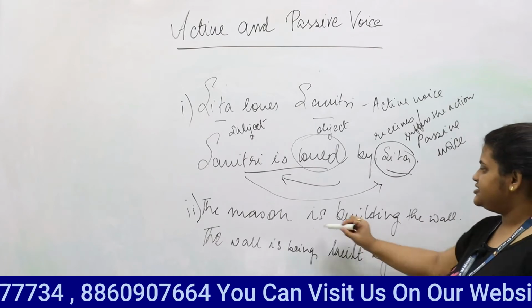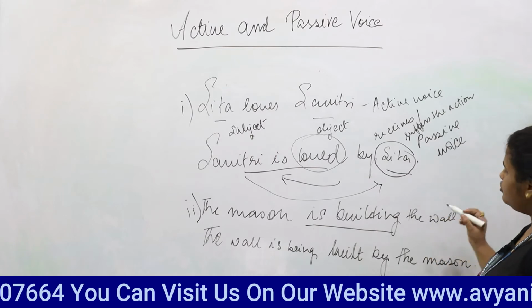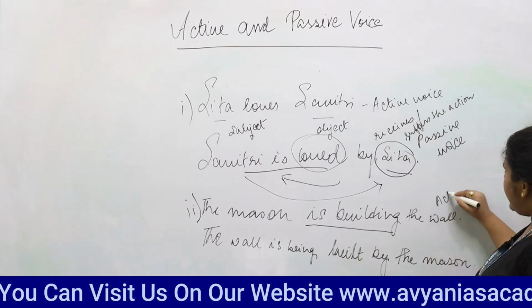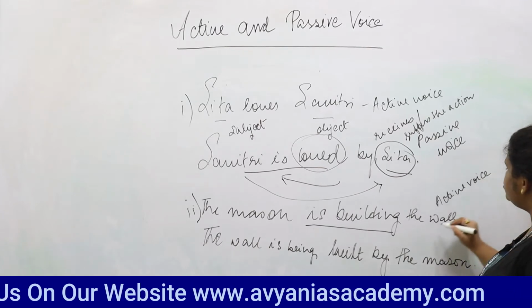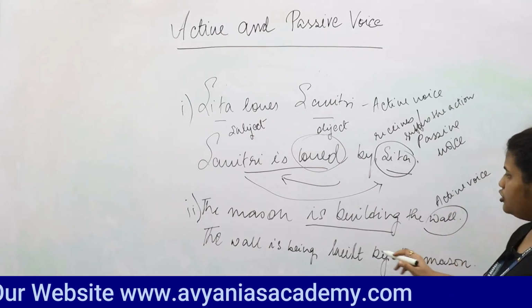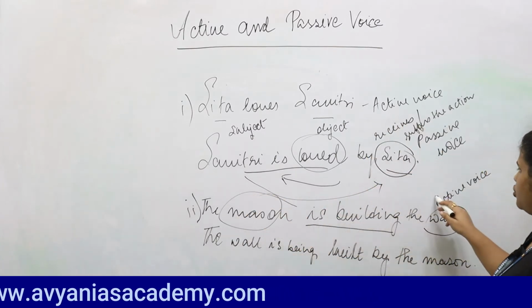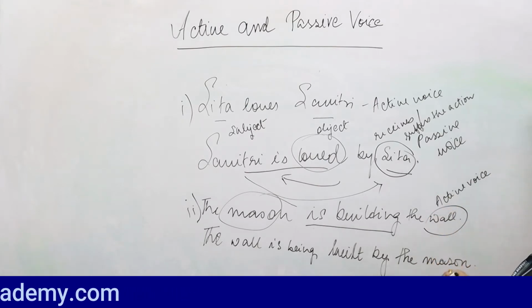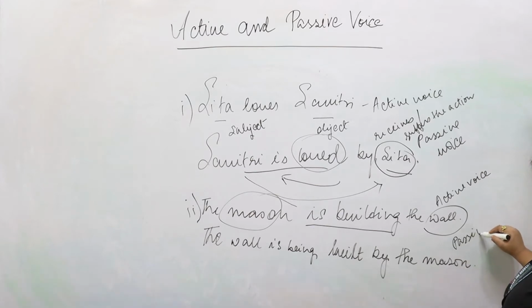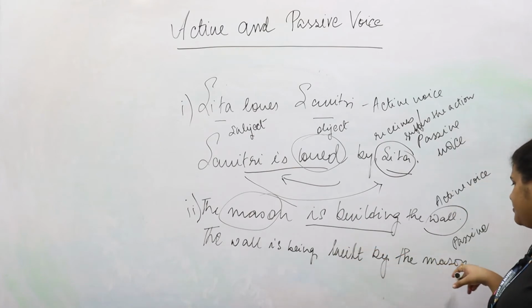This is a sentence which has a verb in the continuous tense. However, this is in the active voice, where the mason is the direct agency carrying out the action of building the wall. So this is the subject and this is the object. The subject is directly acting on the object, that is, building the wall. However, if we transform this sentence into the passive voice, the sentence becomes the wall is being built by the